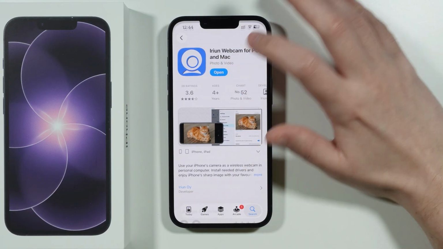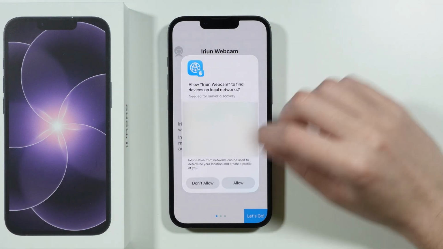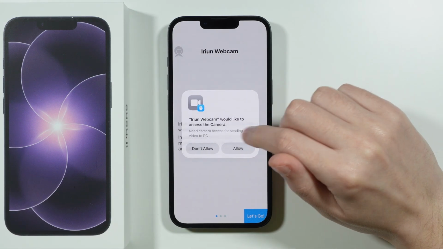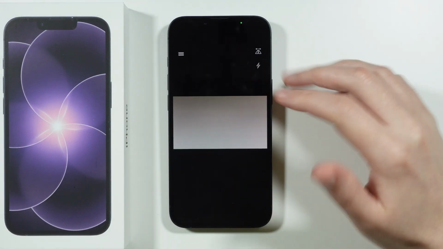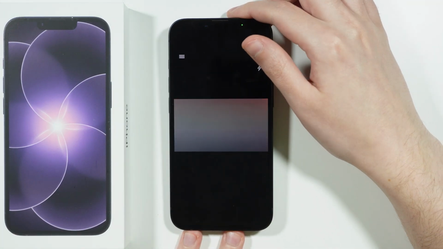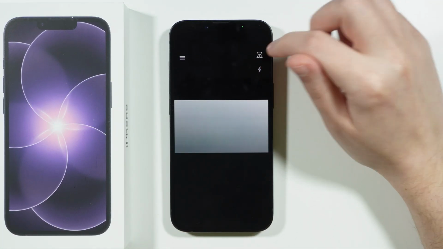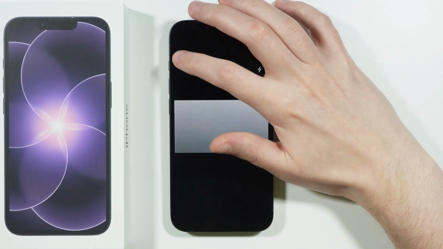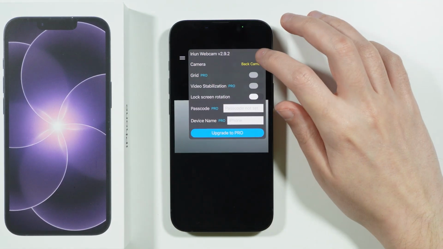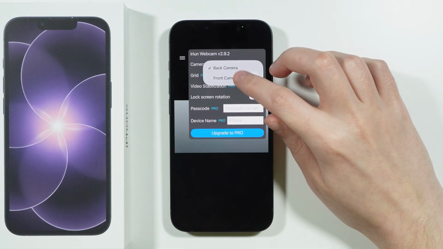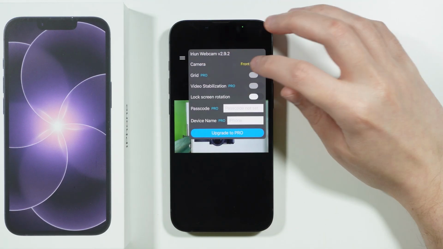All right, so now on our iPhone, we're gonna go ahead and open the app. We're gonna allow to use everything over here. There we go, and there we go. Now we can see that the camera is indeed running. We can also mirror the screen. We can use the flashlight. We can tap on these three lines in order to find some additional options. We should be able to switch to the front camera as well in case you wanted to do that, and